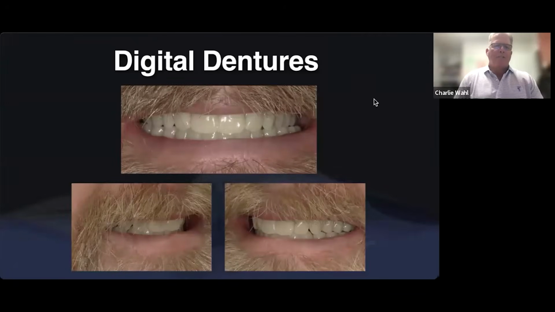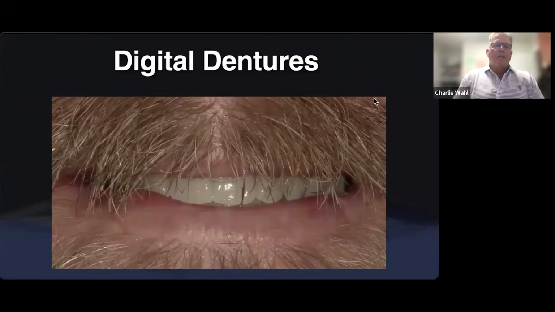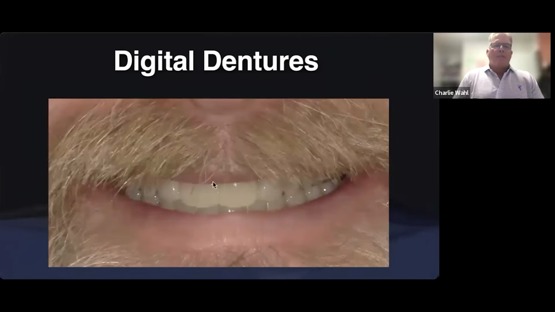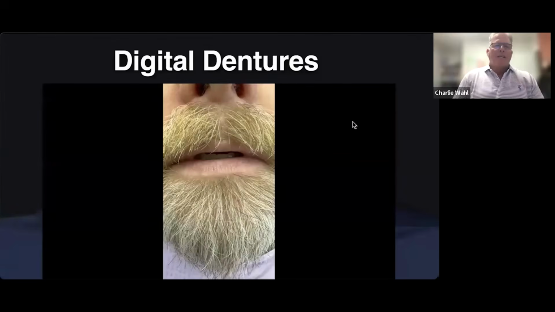And here he is, his final dentures, beginning. This is his immediates. And he didn't trim it, but he did let me part them so we can get a little bit better teeth position. So he was nice enough to let me do that. And then here's his speech. And so as we play this,